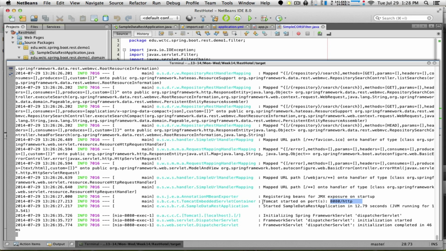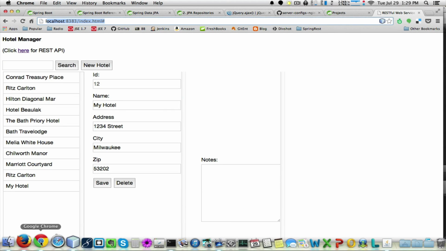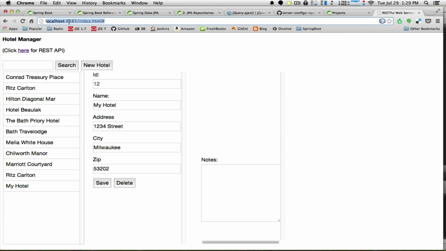And it's actually Tomcat. We'll talk about the reason for this server in a moment, but we're actually running all the server-side code in Tomcat on port 8080. That's where our web service resides. And then we're running the client-side code on port 8383 using a built-in mini server that is supplied with NetBeans. The reason I'm doing it that way is it's just easier to show two different servers talking to